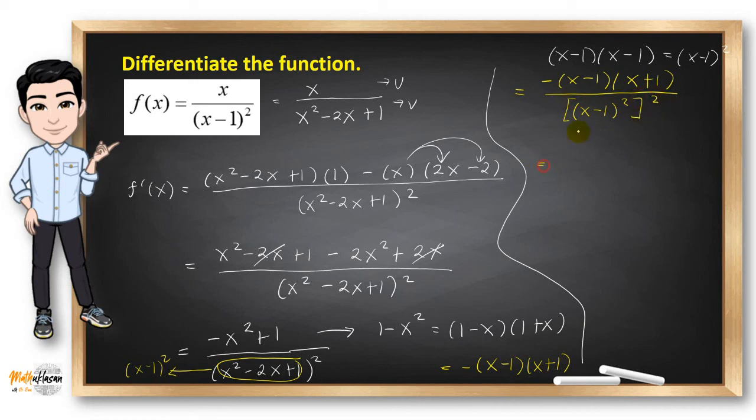At alam naman natin na pwede nating i-simplify yan, di ba? So, ito, susulat ko lang ulit. Simplify ko lang yung nasa baba para malinaw. Then, we have here x minus 1 raised to 4. Bakit? Kasi by law of exponent, 2 times 2 is equal to 4. Ayan na. So, ito na yung sinasabi ko ngayon. Pwede tayong